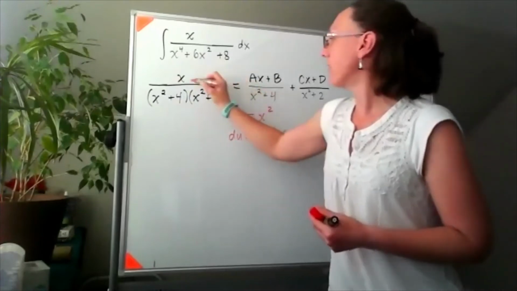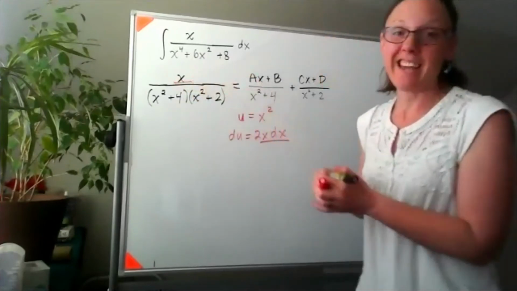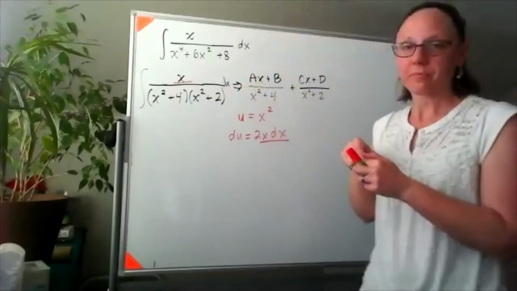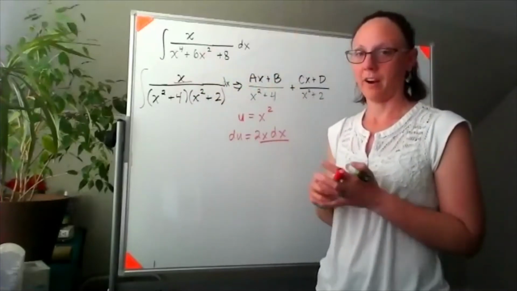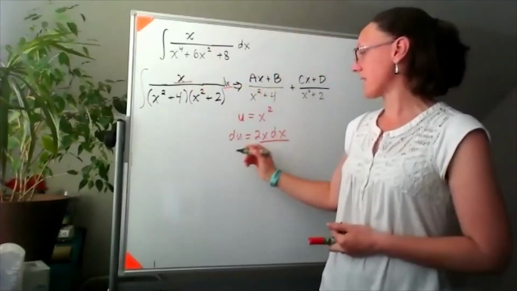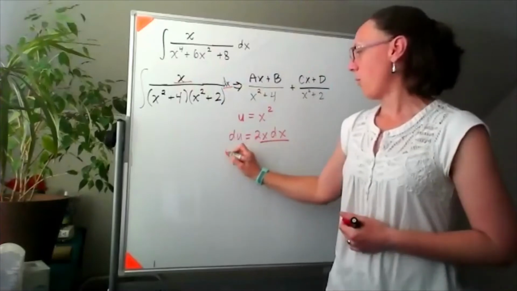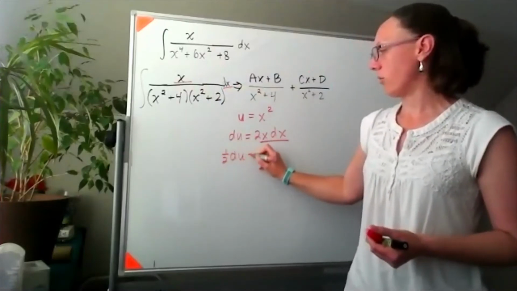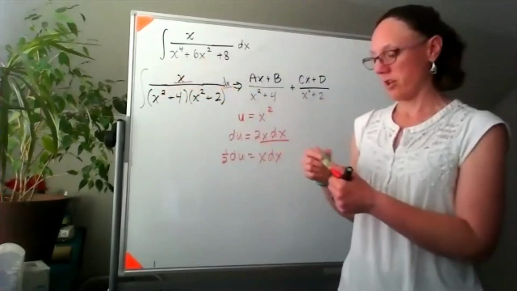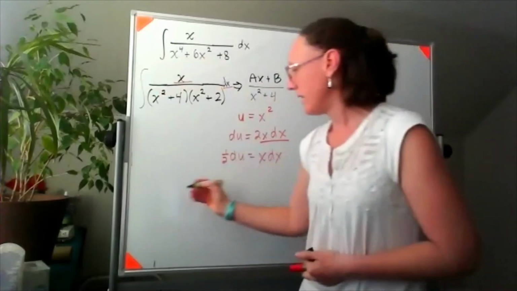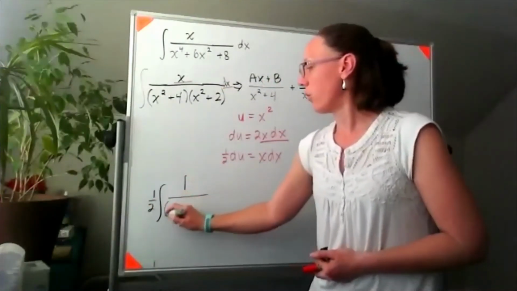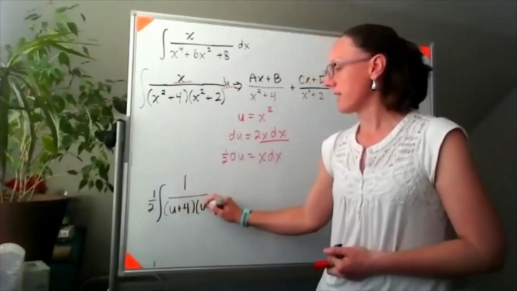And I have that x dx in the original problem here. So that x dx, I'm going to be able to replace with 1/2 du is equal to x dx. If I make that substitution to the integral right away, then this turns into 1/2 of the integral of 1 over u plus 4 times u plus 2